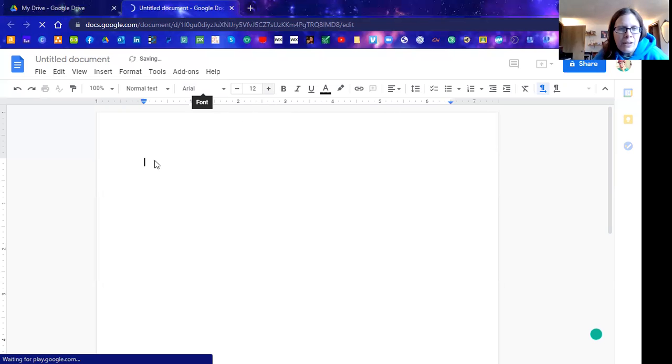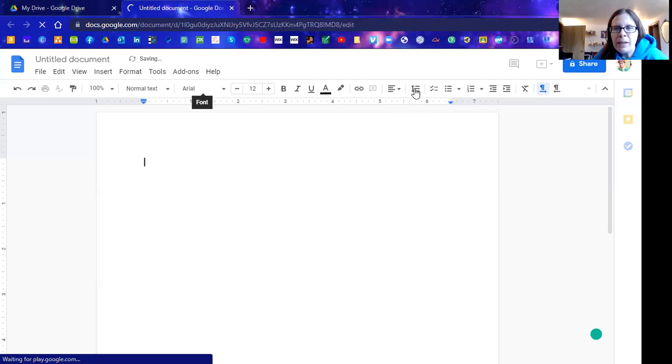Okay, so now you've got the right font. Double space. If you set this up before you start writing, it's really the easiest. If you set it up later, I'll show you what to do. If you're going to set up your spacing before you get started, don't even type anything yet, and go up